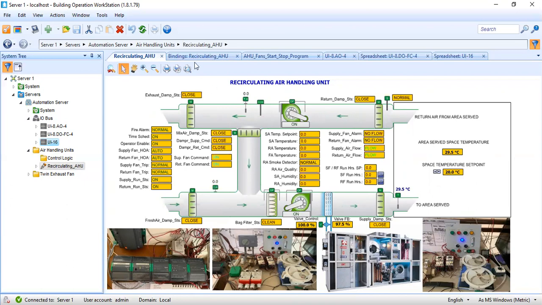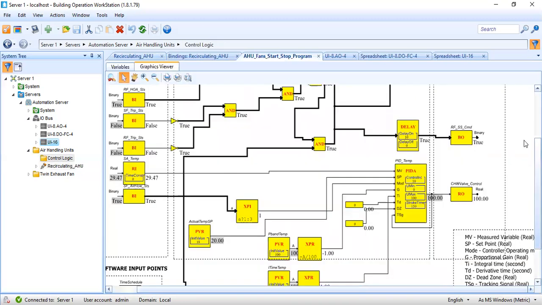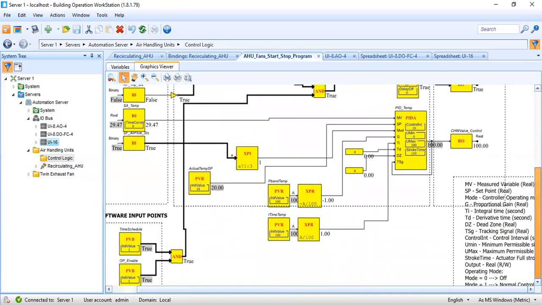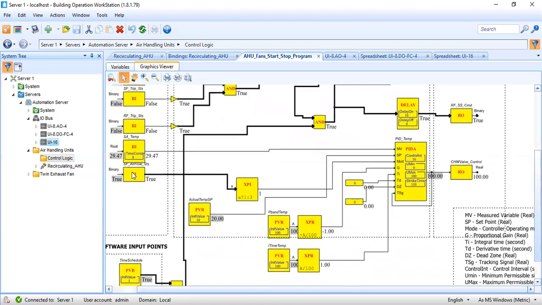Now let me go back to the program. So this is the program. Because there is supply airflow, my control mode will be 1, normal control. If I don't have airflow here, if this is false, the output of this expression box will be 3, because we have here: if A, then 1, else 3.